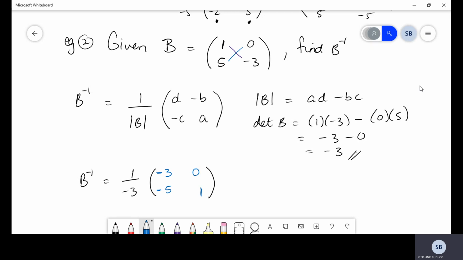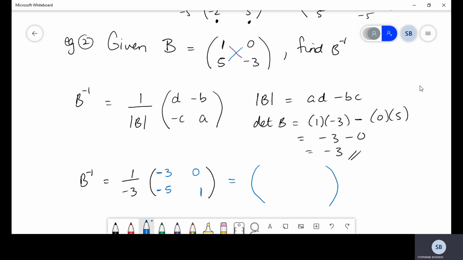Some students write negative 0 thinking that 0 is positive. 0 is signless, guys. It has no value, so it doesn't have a positive or negative side of the scale. It's in the center. Okay, so if you want to bring that negative 3 into your matrix so that you get a nice clean answer,